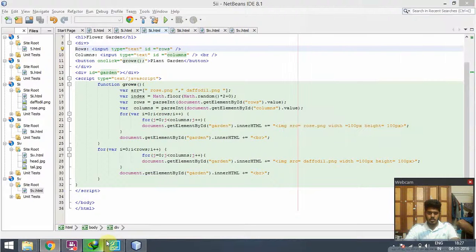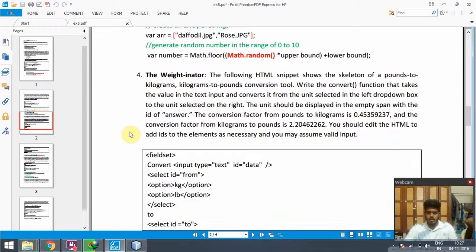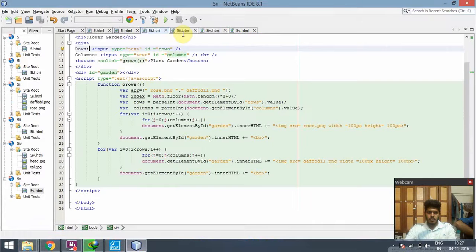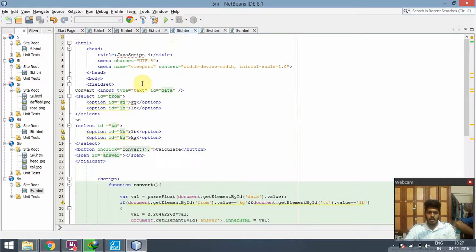Going to the next question is to create a weightinator, that is a program that converts the weight from kilograms to pounds, or from pounds to kilograms. So here is the code. First we ask the user to input the weight, and then we ask the user whether he wants to convert from kg to pounds or pounds to kg. To do that, we use the option tag to create a drop down menu,